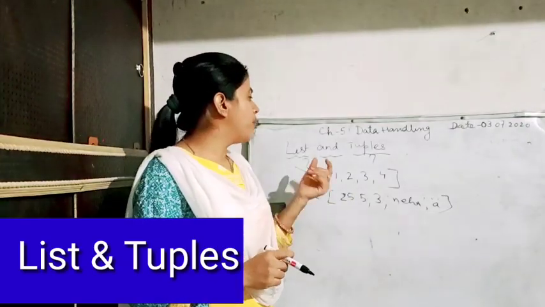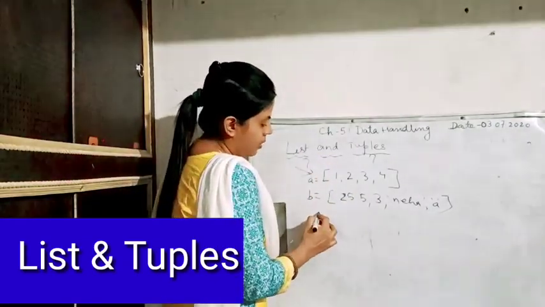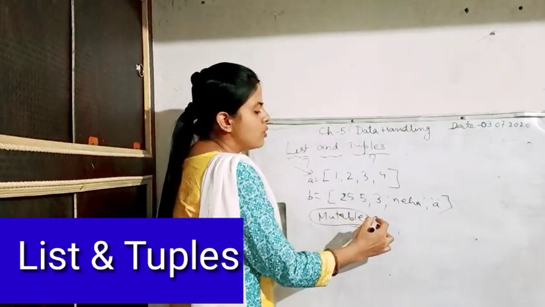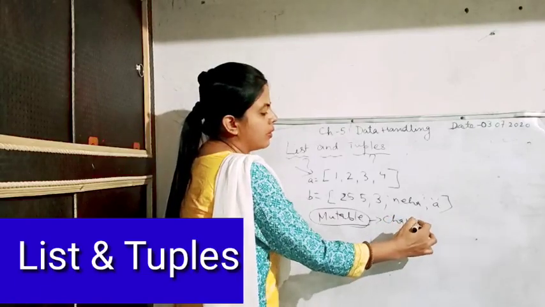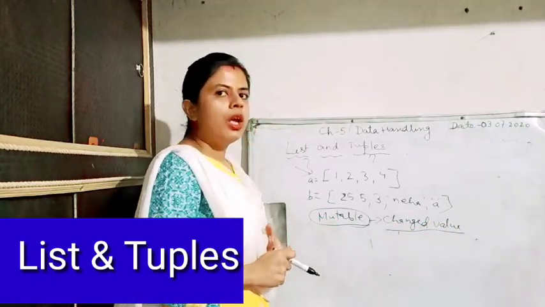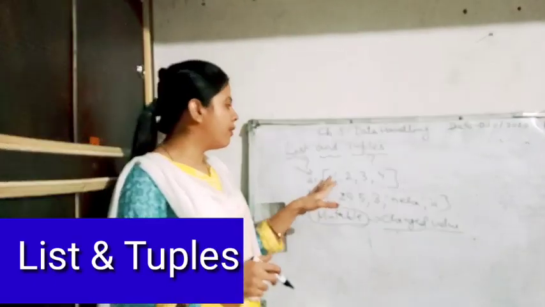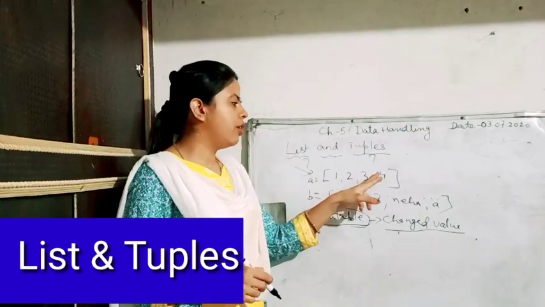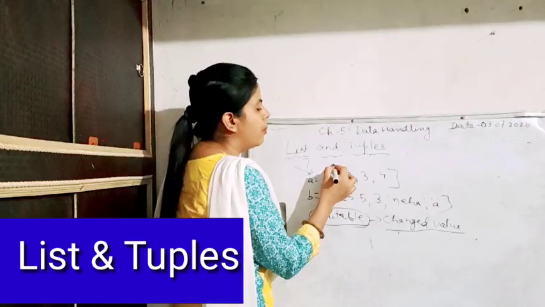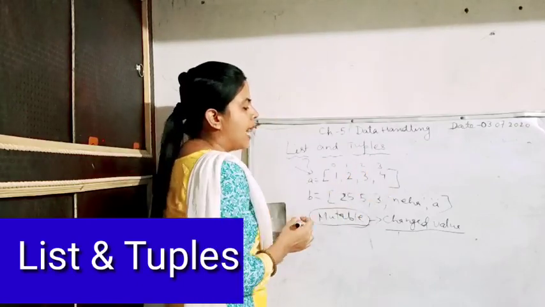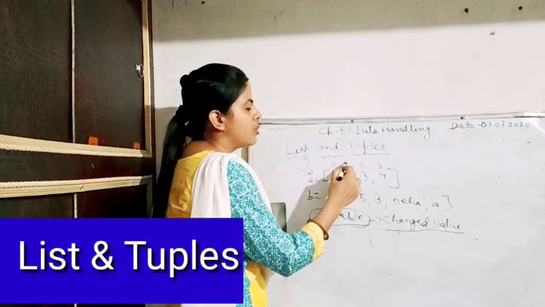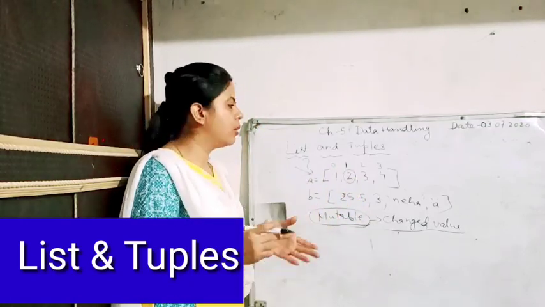Now lists are called a mutable data type. What do you mean by mutable? Mutable means the values of a list can be changed. Values can be changed easily with the help of the position. Now if I have defined the list 1, 2, 3, 4, the indexing will be provided in the memory like this: 0, 1, 2, 3. And when I want to change, suppose this 2 here, I can easily change it by its position. I'll show you in a little bit of time.